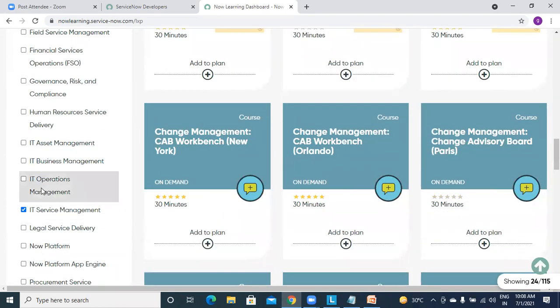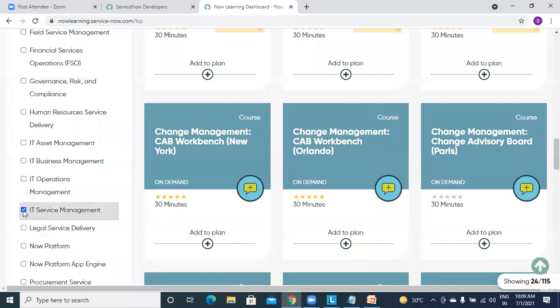But in ServiceNow, we have separate modules. One is ITBM, one is ITOM, then we have asset management, then human resource management, governance, risk and compliance, which is also a separate one. And EFC, oh, this is a new module added in this version.